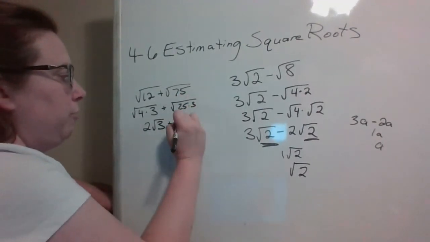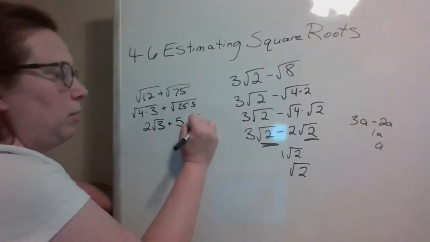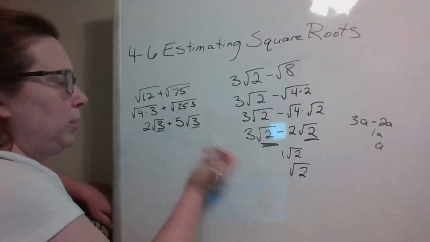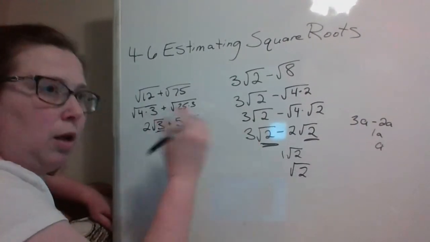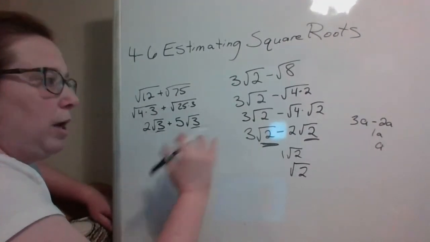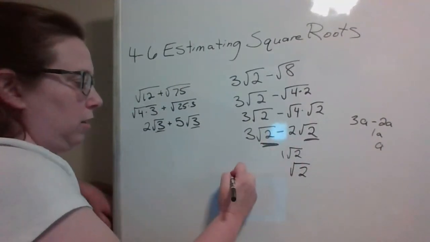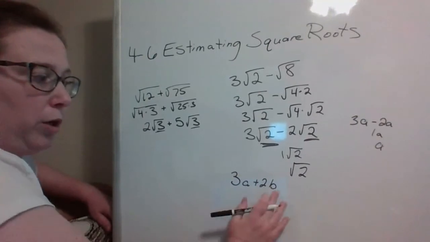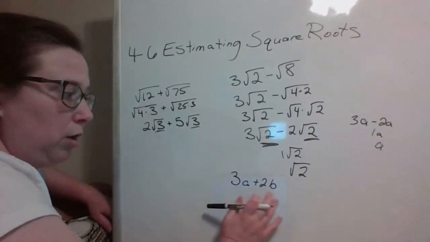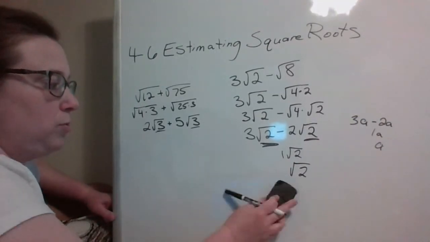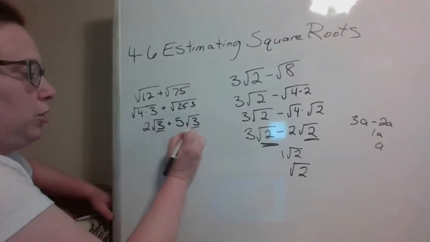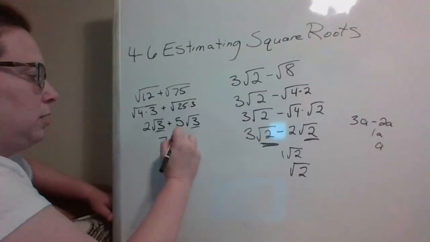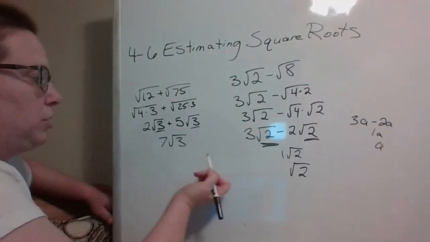Square root of 25 is 5. I would still have the square root of 3. And then I can add these together because my square roots matched. If they didn't match, it would be like having, say, 3a plus 2b. We couldn't do this because our terms are not like terms. So watch that your square roots actually match, and then you can add